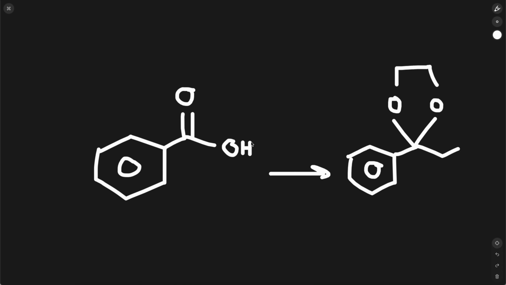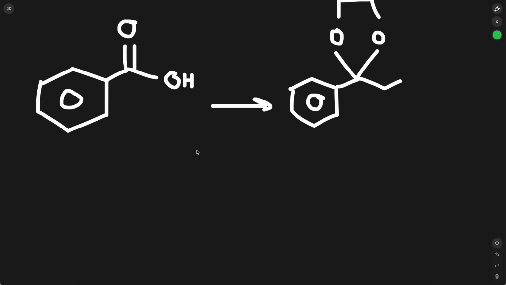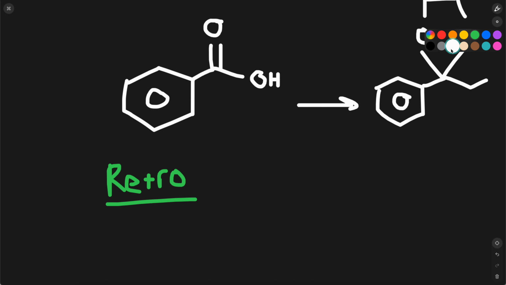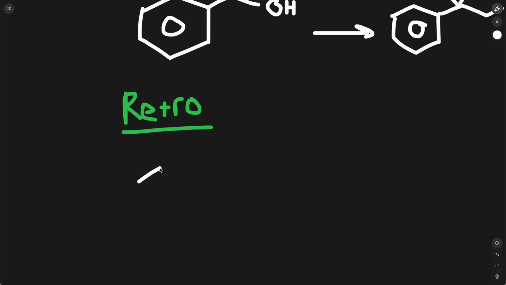Hello everyone, so in this problem here we go from a carboxylic acid into a cyclic acetal. We're asked to provide an efficient synthesis for making this reaction possible. So to start, we'll think a little bit retrosynthetically, and then we'll think in the forwards direction to achieve this reaction. So I know that if I want to make a cyclic acetal,